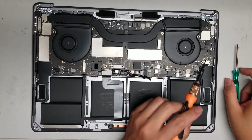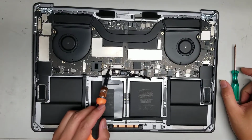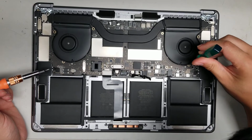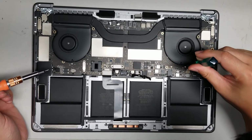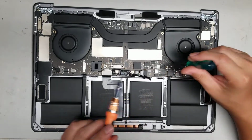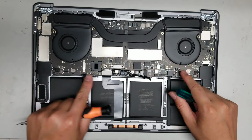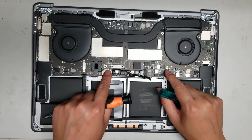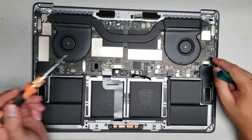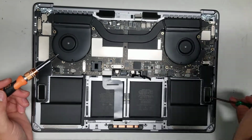Alright, so yeah, once again, all these little covers will use T4, and then I believe these four at the bottom will also use T4. I don't think this will use a T5. Oh, actually, that one uses a T5. So this model's a little bit different than the other ones. So it looks like the two bottom ones here will use T5, and then these two middle ones will use T4. And then everything that has these little covers on top will use T4, and the rest will be T5. I believe this is also...